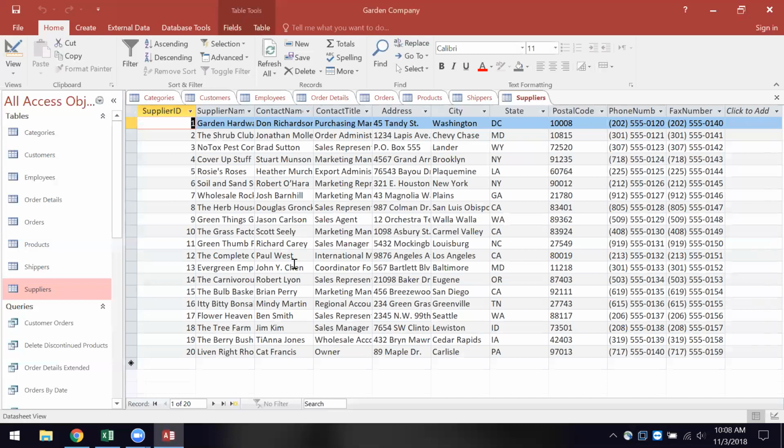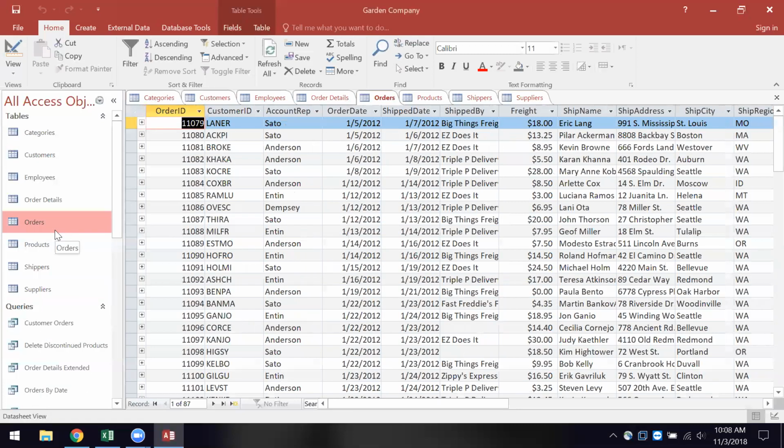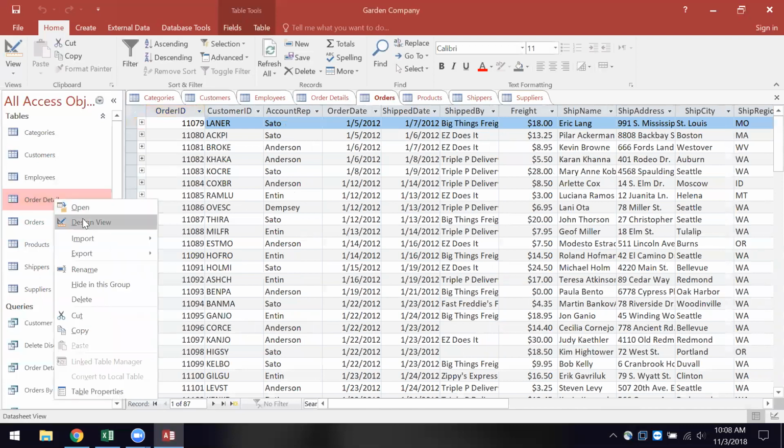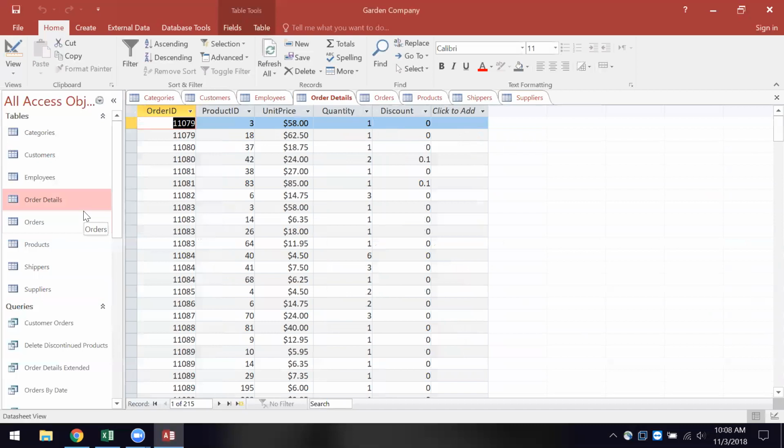All right. So now we have a suppliers table. This is another what we call a dimension table. And then, as I showed you earlier, we had an orders table. That's a fact table. Okay. Now the order details table is a little bit different critter, and it's a dimension table. However, I guess it's more of like a summary. It's one of those kind of hybrid tables that are out there,